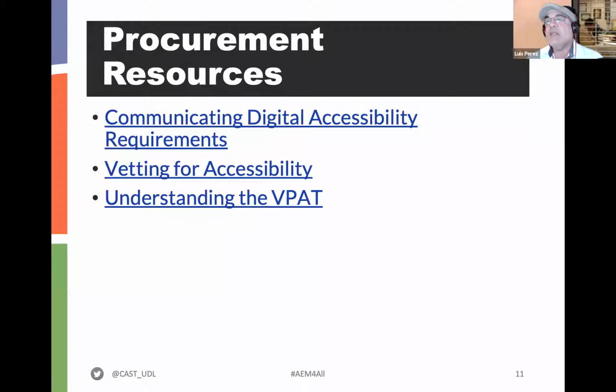And then there's the documentation of accessibility and the VPAT, the Voluntary Product Accessibility Template. That's not a perfect documentation of accessibility, and there are some limitations to it, but it's good to know what should be in the VPAT and how to interpret it. So we have a resource that can help with that. Again, as we look at procurement during this unique opportunity to use some of that funding from ARP and from other sources, we want to keep accessibility at the forefront of procurement.